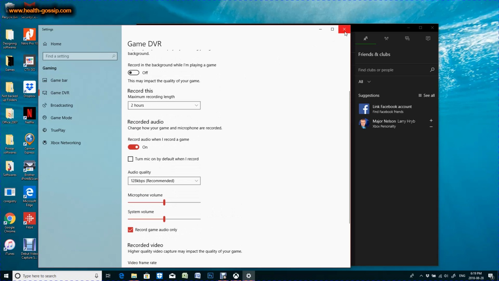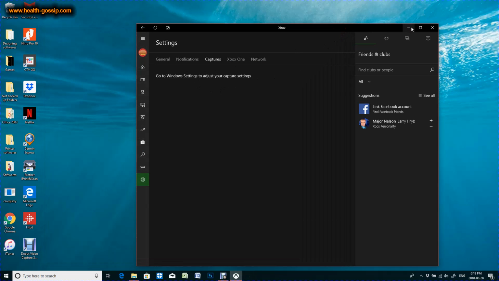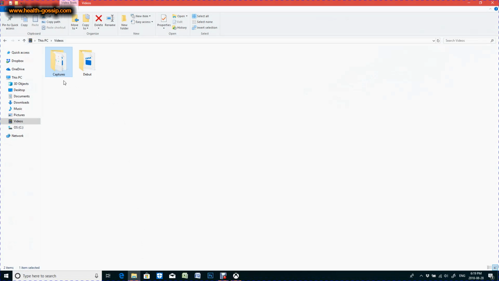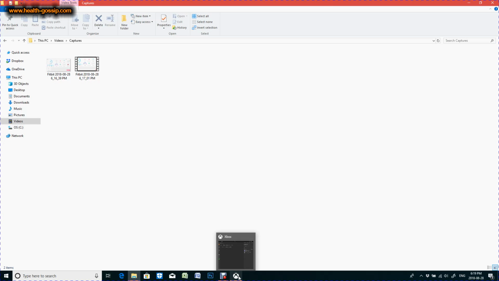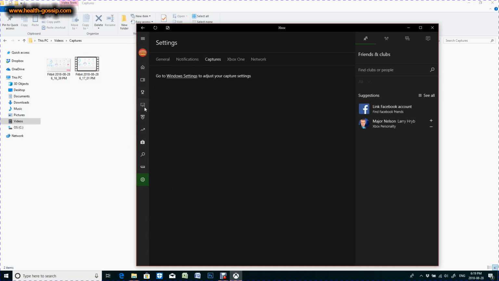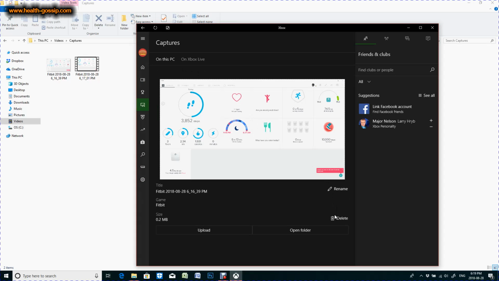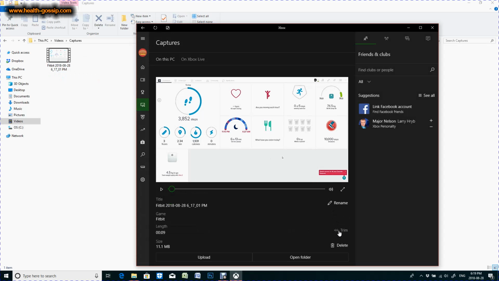So that's the settings part, and now we'll go to the last part to show you where it's all recorded or saved. As I showed you earlier, the path, it's all recorded over here, so you can delete it from here, or you can go over here in the capture portion and you can physically delete it from here. I'll show you how to do it. There you go. Pretty simple, pretty basic. You can actually trim, rename, or